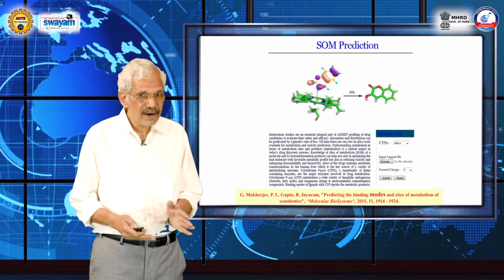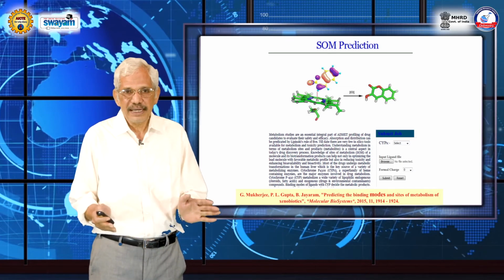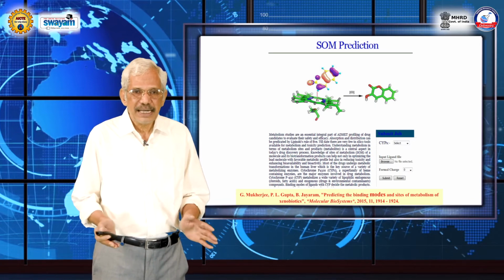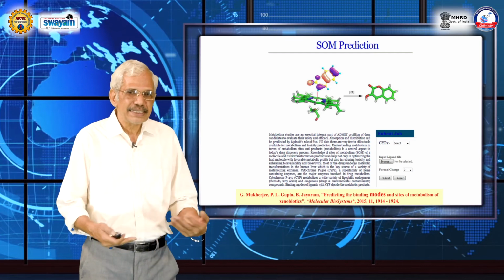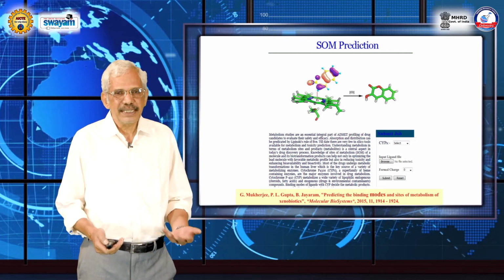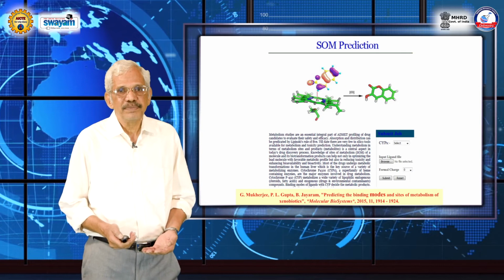If you are looking at a prodrug, it's a different story. But if you want to look at a drug molecule, you don't want it to be cleaved. So you want it to remain so that it goes and binds to the target and elicits its drug response. So that's possible, and this software is now available, right?